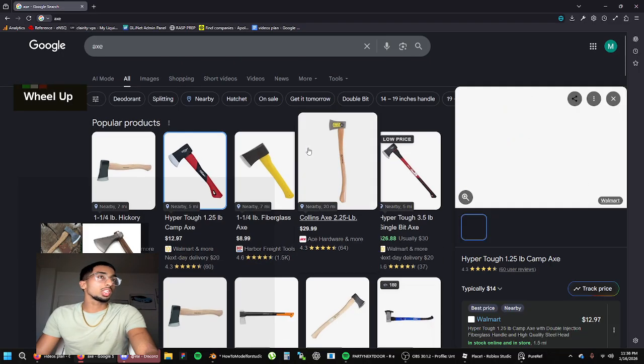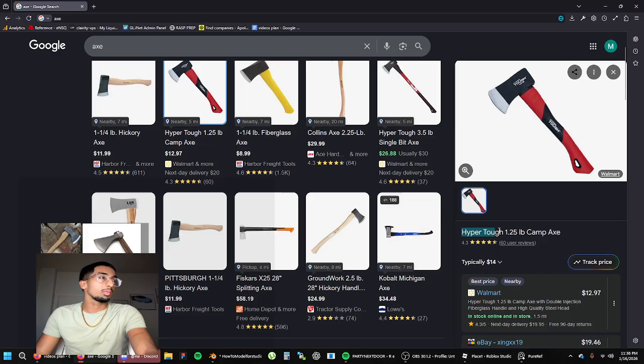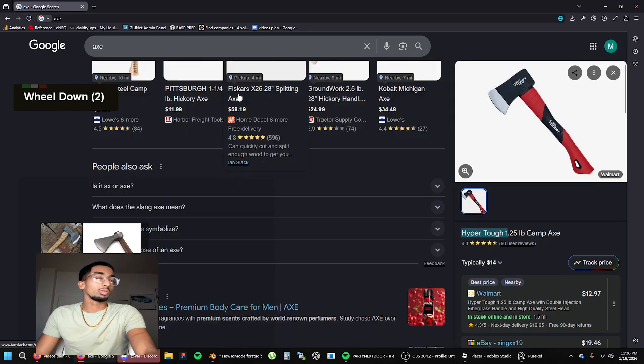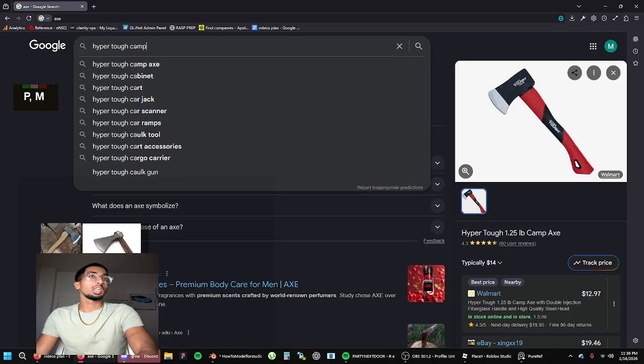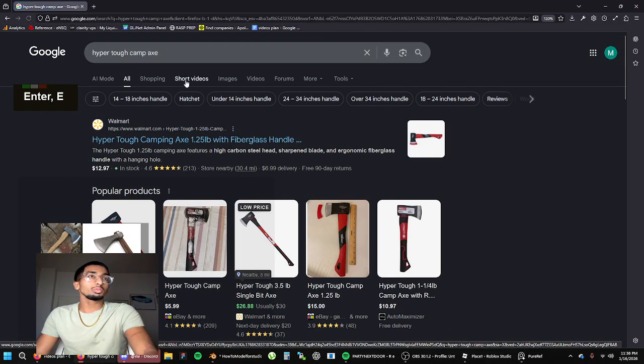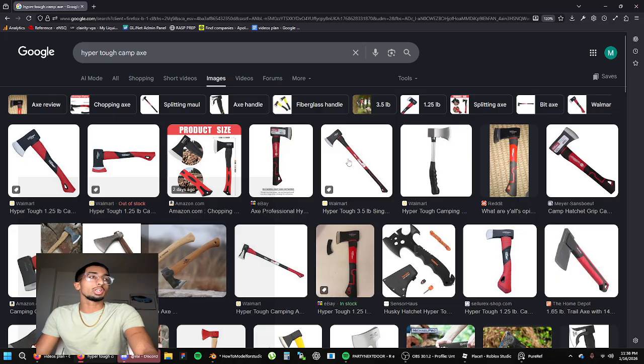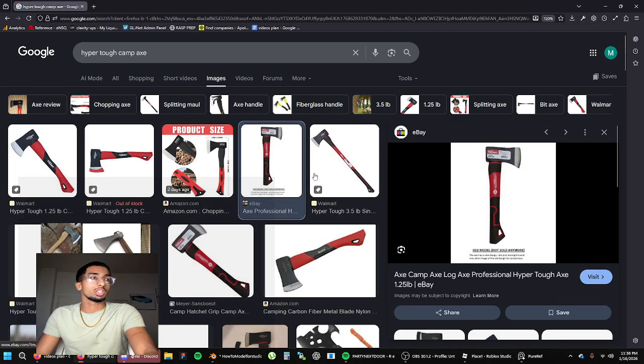I want to model this specific axe, hyper tough axe. You're gonna want to do some research on it. Camp axe. Boom. Now all your images are gonna look really consistent with each other,